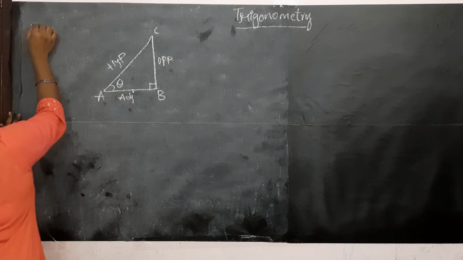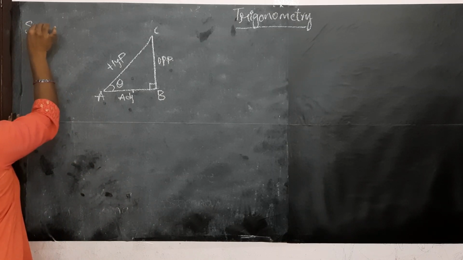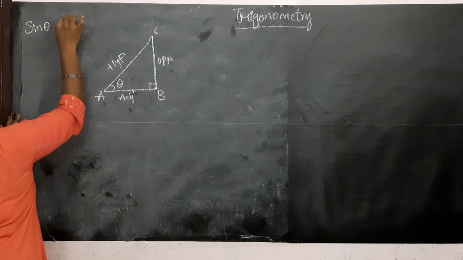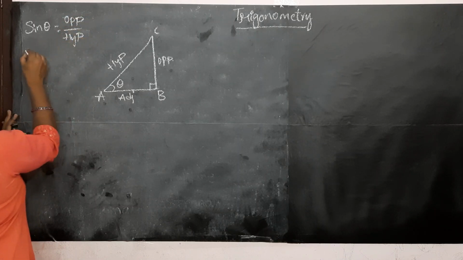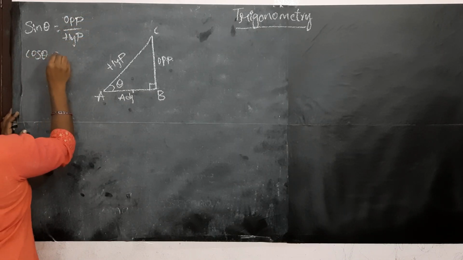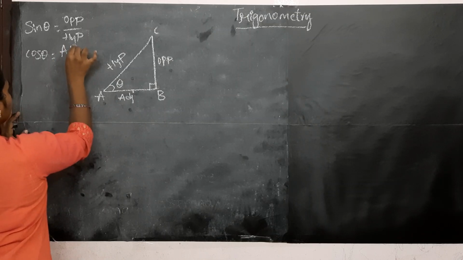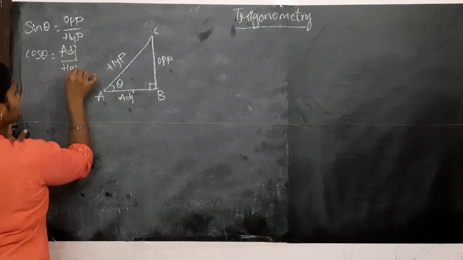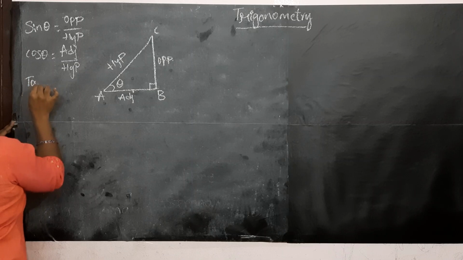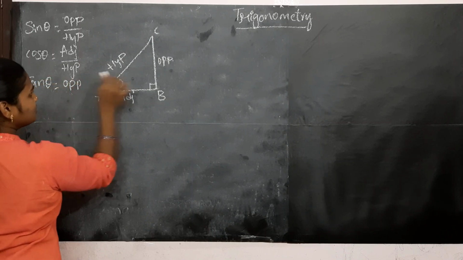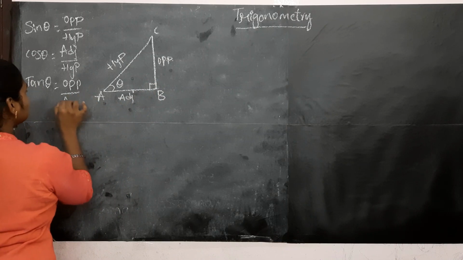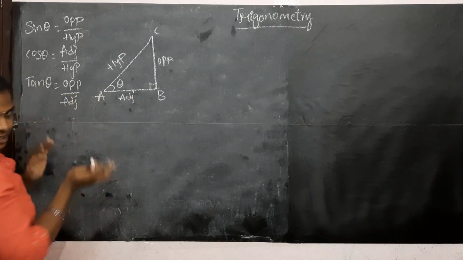So based on this, we have figured out the trigonometric ratios as sine theta is opposite by hypotenuse, cos theta adjacent by hypotenuse, tan theta which is sin theta by cos theta, opposite by adjacent, and the remaining three ratios are nothing but